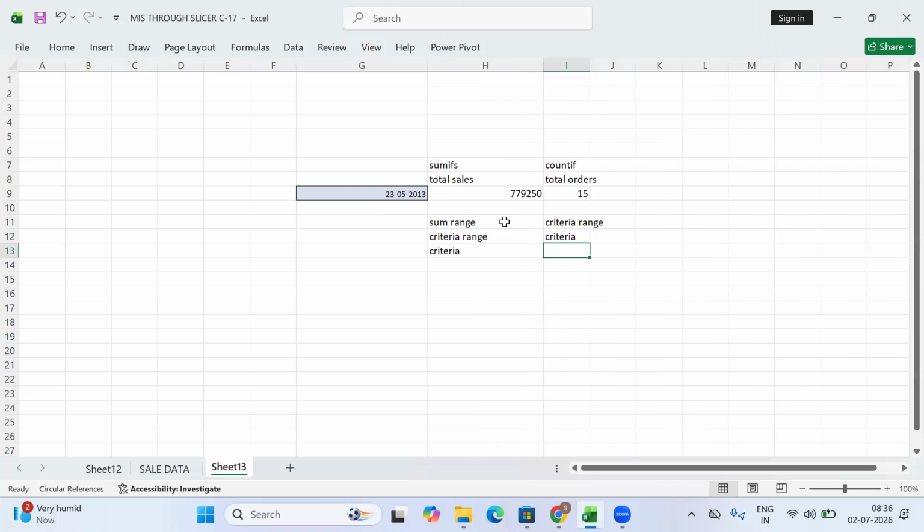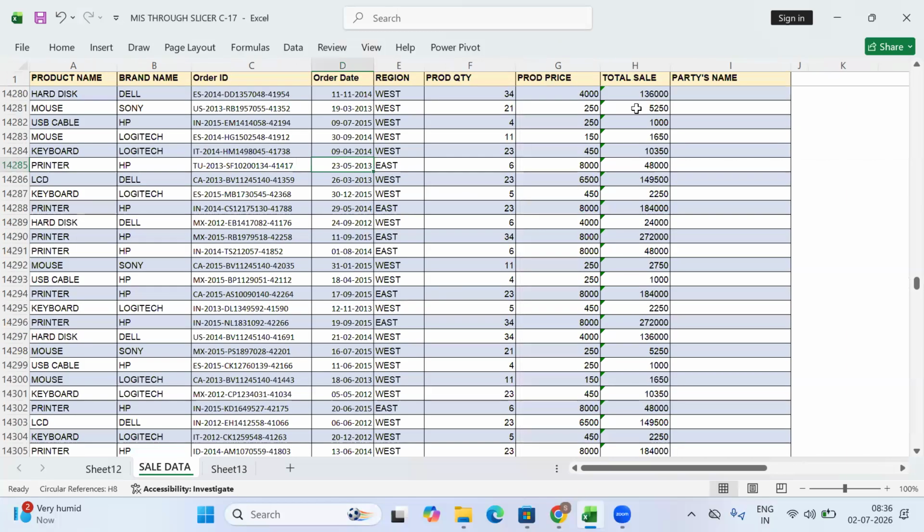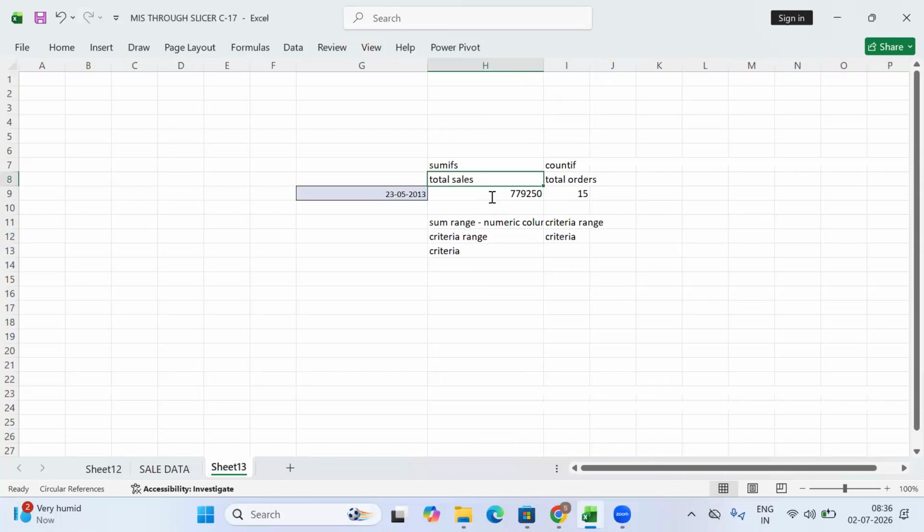Now, what is the sum range? Sum range means a numerical column. You can see in this question, total sales is your numerical column. Here in the sales data, sales is your numerical column. That's why, first of all, we selected our sales column only.